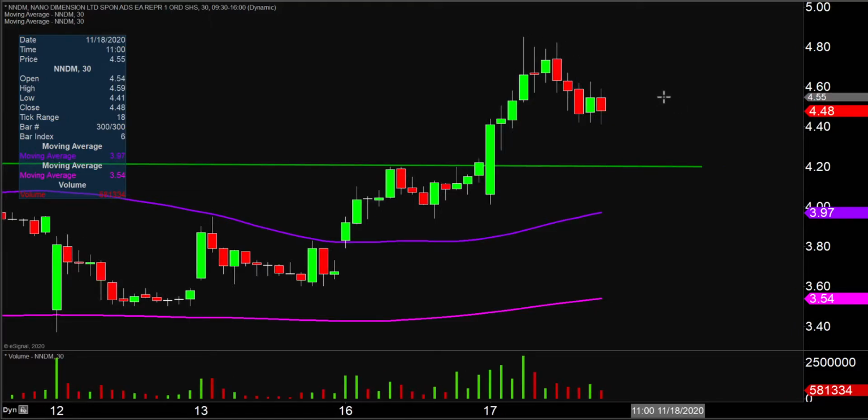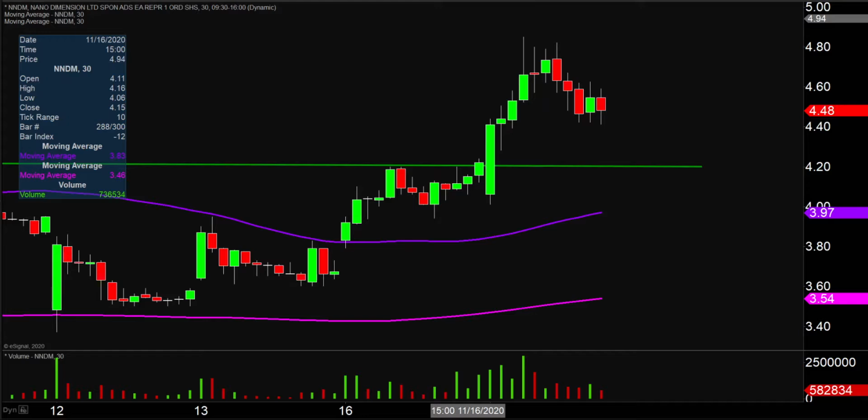When you say, Clay, what would make this chart look the absolute best going forward? Ideally speaking, if the price could now stay above $4.20, that would be a fantastic sign of strength. Now, if the price drops below there, that doesn't mean the entire chart's destroyed or ruined or anything like that. But yeah, if the price could manage to stay above that area, that would certainly be a great sign of